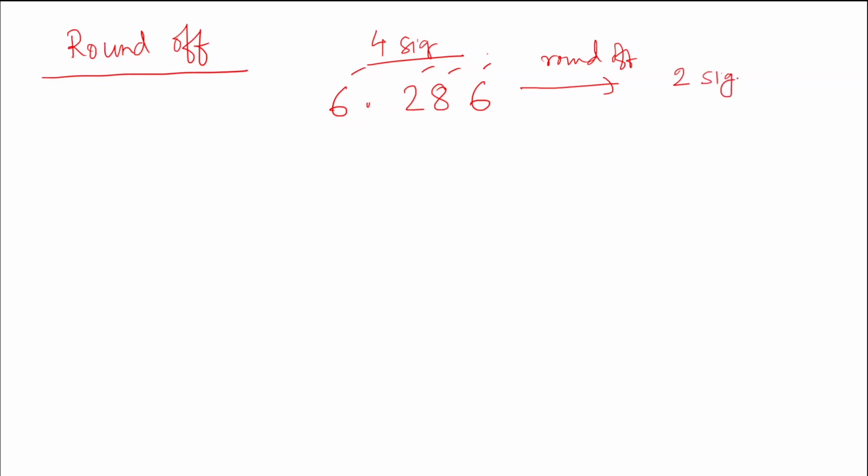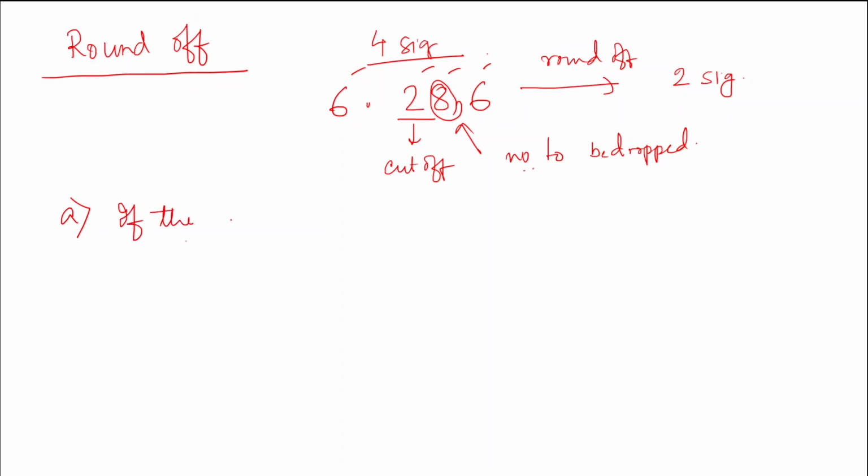So how much we have to round off? Up to 2 significant figures. So this 6.2, this is the cutoff digit. And किसको drop करना है? This number 8 has to be dropped. That is, the number after the cutoff digit has to be dropped. This cutoff number is the number which is the preceding number of the number that has to be dropped. ठीक है,